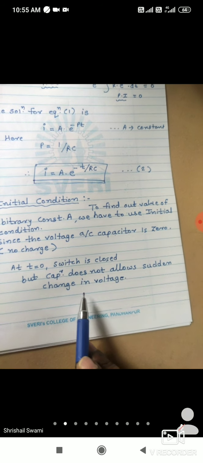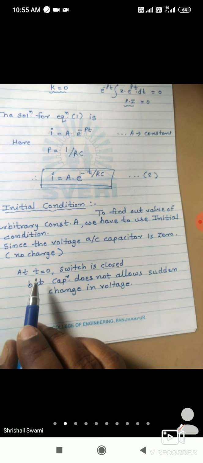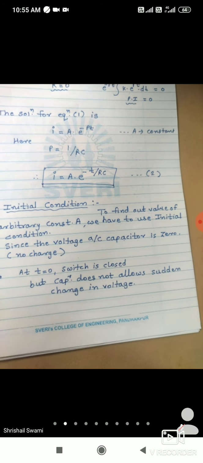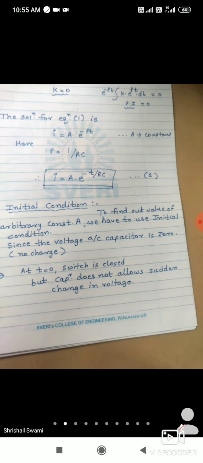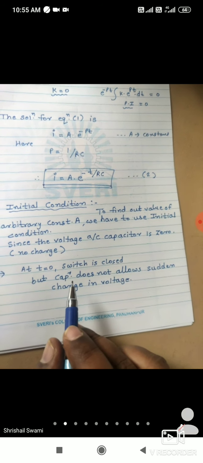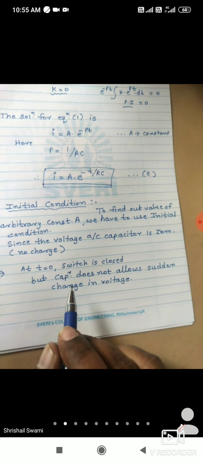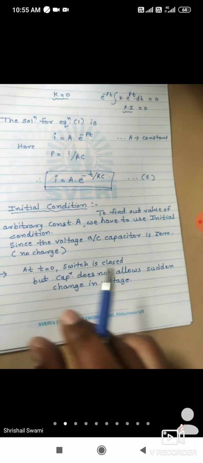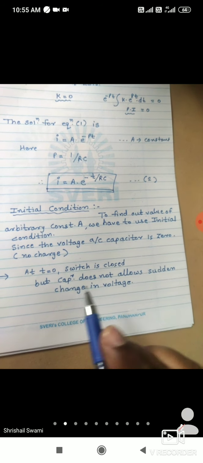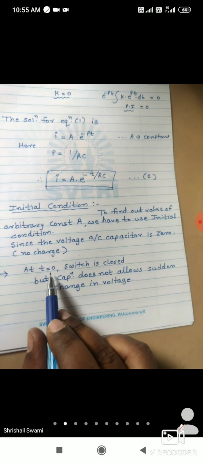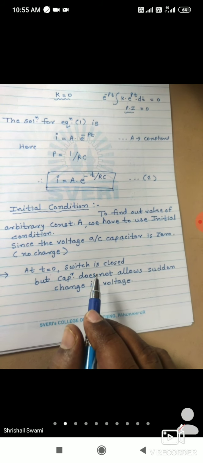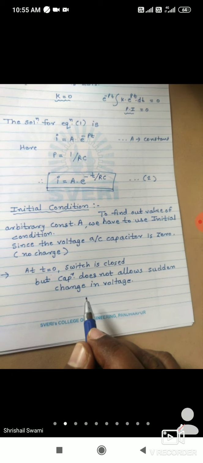Okay, so what is this property? I will explain. Before t equal to 0, म्हणजे before connecting the supply voltage, the voltage across capacitor is 0. बरोबर आहे? मग त्यानंतर voltage किती होता? Voltage across capacitor is 0. Okay, or supply voltage is not connected, we can say. But when t equal to 0 will come, at that time switch is getting closed. As soon as switch is getting closed, current start व्हायला पाहिजे, flow व्हायला.